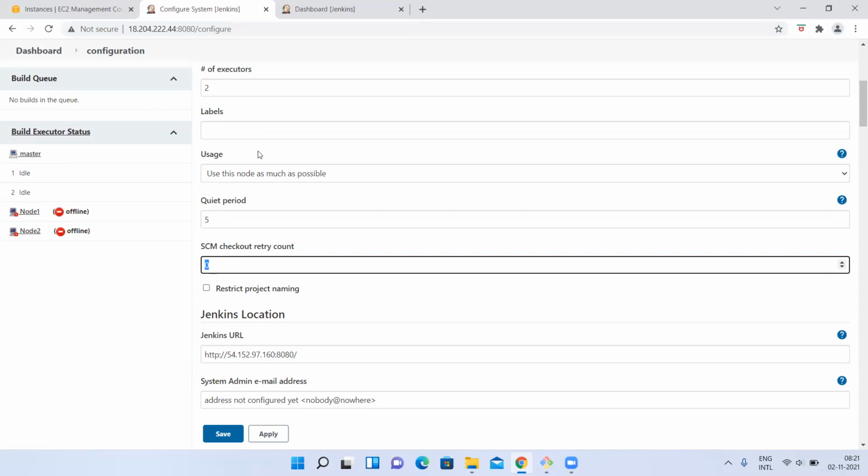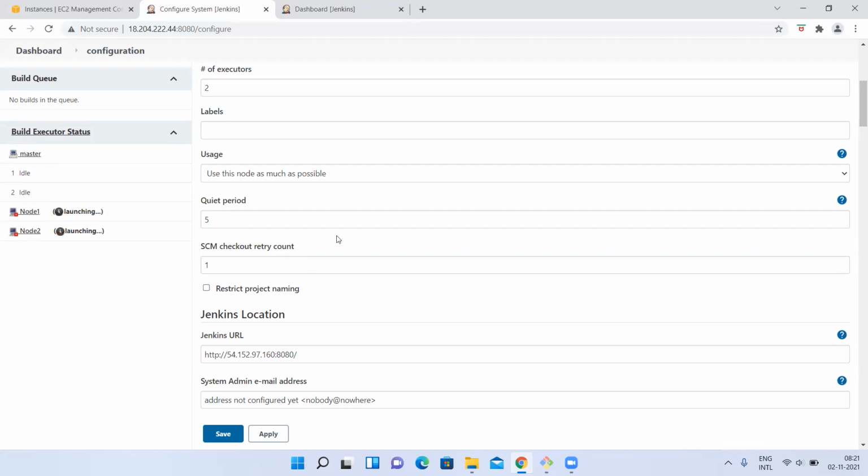Jenkins will throw an error saying failed to connect to GitHub, right? But I don't want to throw an error immediately when my Jenkins fails to connect to my SCM. I want to allow my Jenkins to retry one more time. You can keep that setting here. So in any Jenkins job using GitHub, when Jenkins is trying to connect to the GitHub repository and fetch or clone the code, if it fails, it will not throw an error immediately.